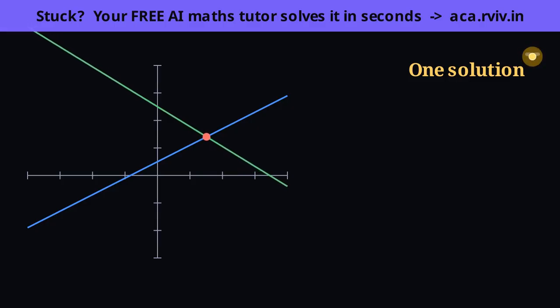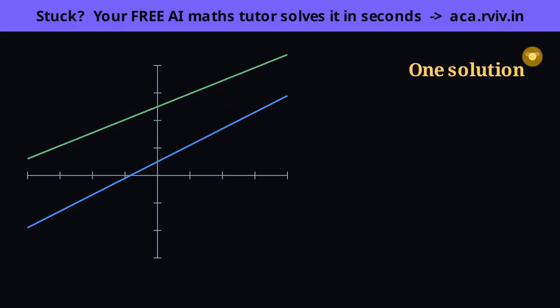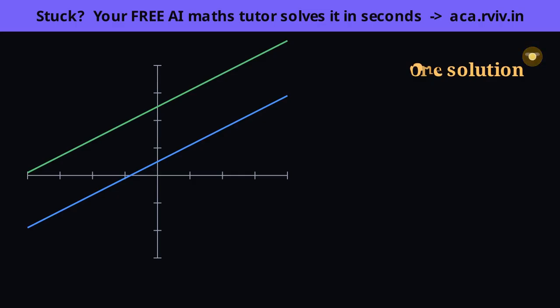Watch. I'll slowly rotate the green line until it tilts at exactly the same slope as the blue one. Keep your eye on the red meeting point as I turn it. See how it slides further and further out as the two lines get closer to pointing the same way. Their crossing runs off toward the edge and then off the screen entirely. The instant the slopes match, the lines are parallel, they march side by side forever and never touch. No meeting point means no pair satisfies both equations. This pair has no solution at all.